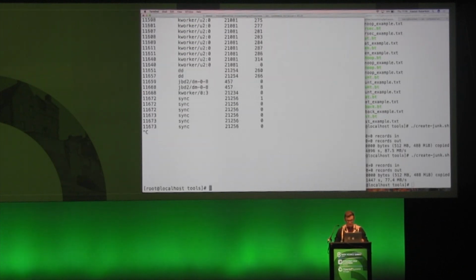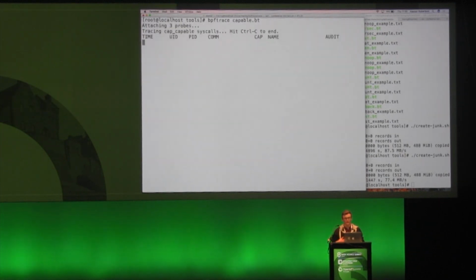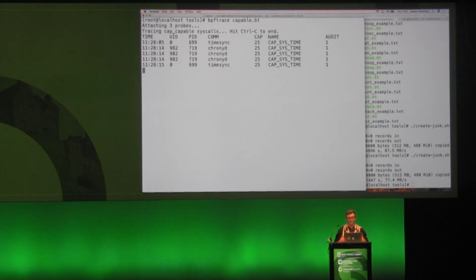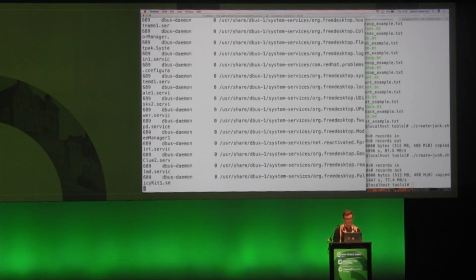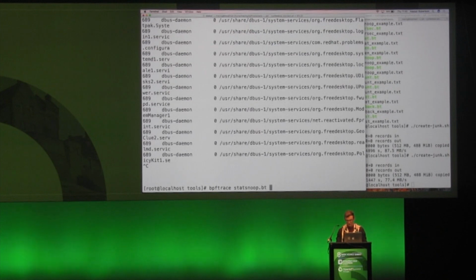We've got quite a few tracing tools pre-written for BPFtrace actually. I'm just going to go through a few of them now. So like capable is another one. This one traces every process system-wide that requests extra capabilities on the computer. It might be useful to help with debugging, or for security people who are trying to come up with a wide list of what capabilities processes actually need, to see what they're requesting. We can do stuff like statsnoop to listen in on every stat system call that's done. We can trace every